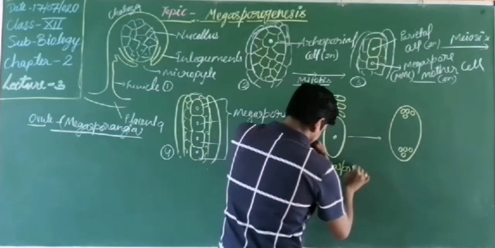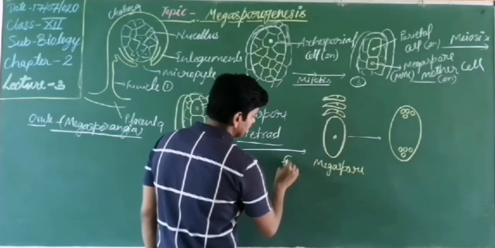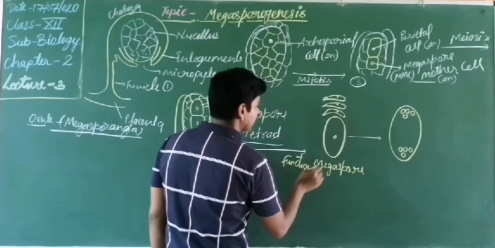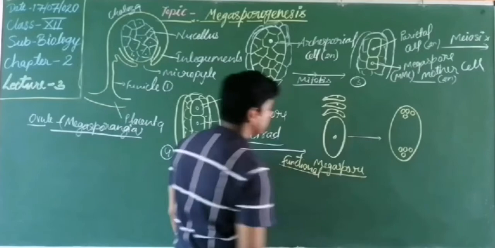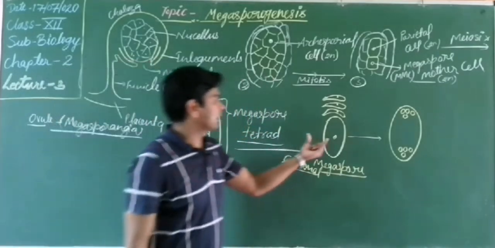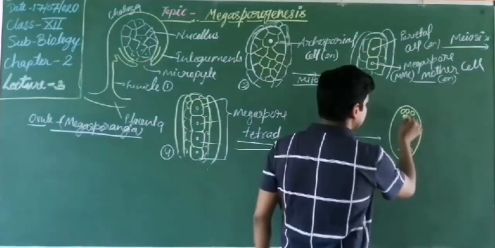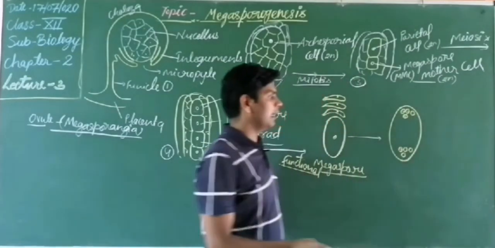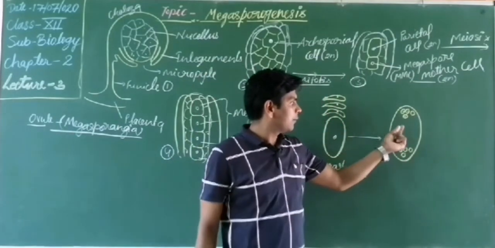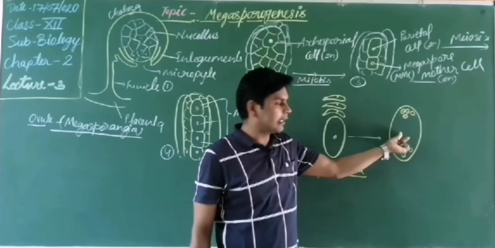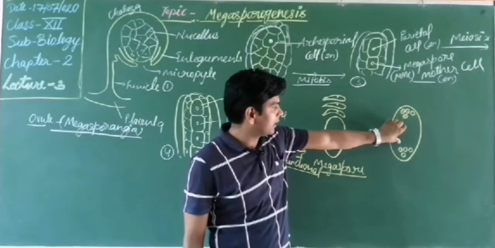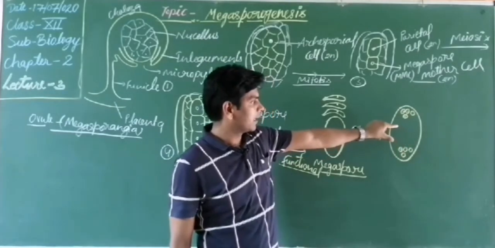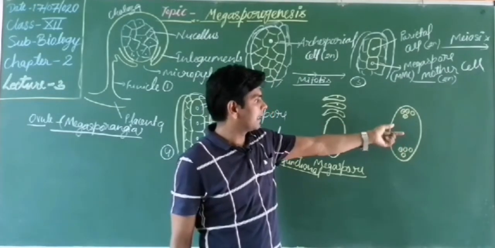Megaspore. And this is known as the functional megaspore. Inside the functional megaspore, these 8 nuclei are found, and these 8 nuclei separate, 4 on each pole. So these are separated; 8 are together here, but these are separated, and each set of 4 nuclei gets migrated toward